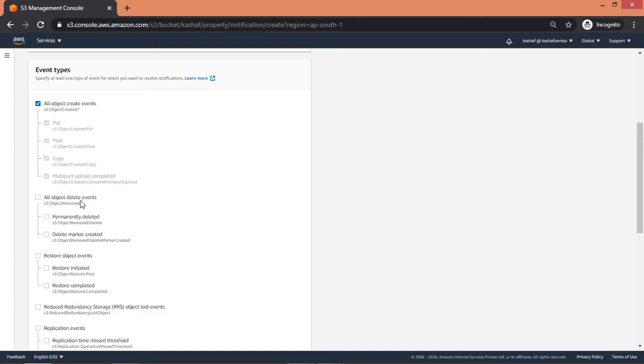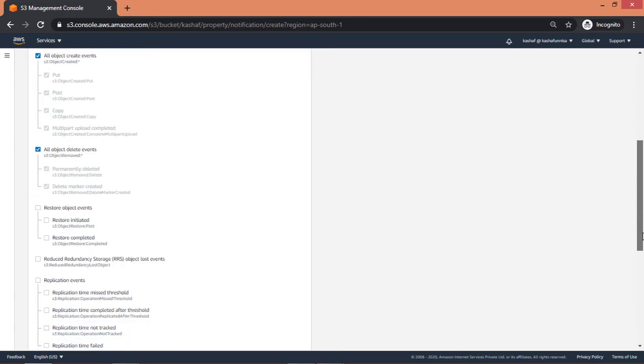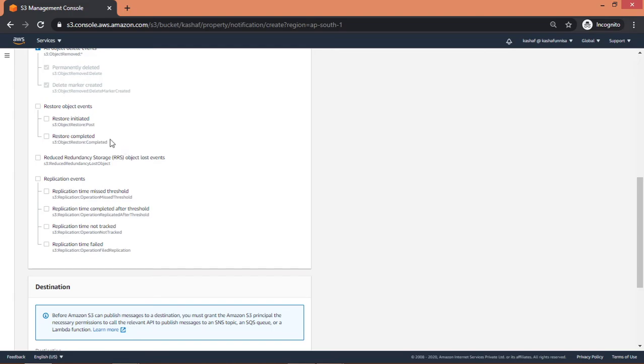Second is delete. For deletion, if any object is permanently deleted and you want to get notified, or if a delete marker is added for your versioned bucket, you can select this event, or if you want both, you can select all. Next is the restore object event.